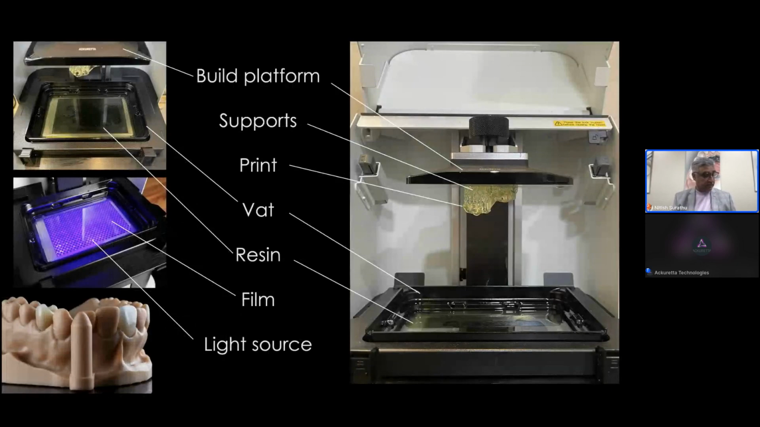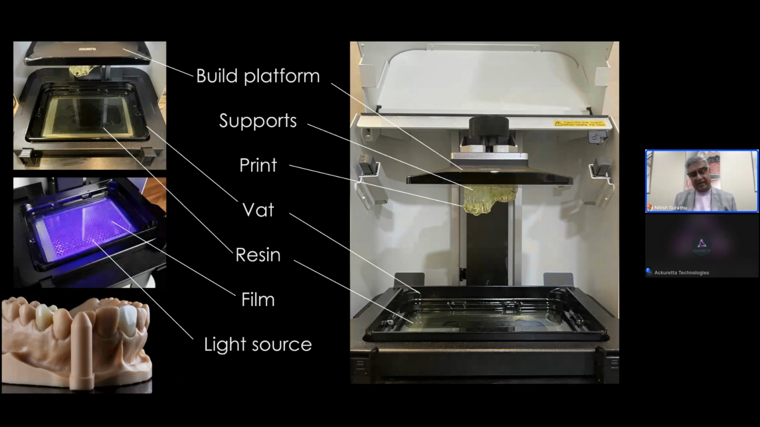Now, I did say that we would go in a sequence of sorts, and I'm really going to take this approach. So this is the sequence I'm going to follow. This is basically in a vertical order. These are what you see in a printer. So we see the build platform first, we see supports on a print next, you see the actual print itself there, you got the vat below that contains the resin,